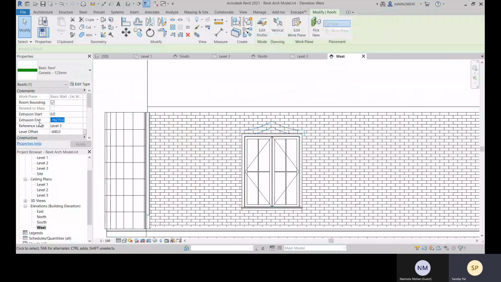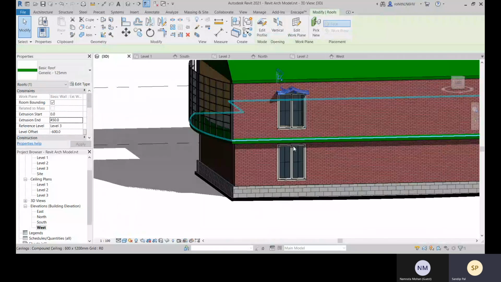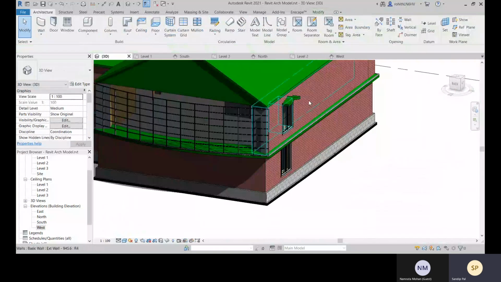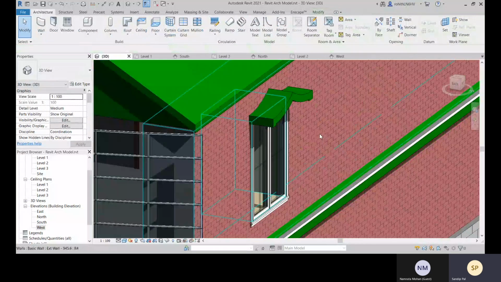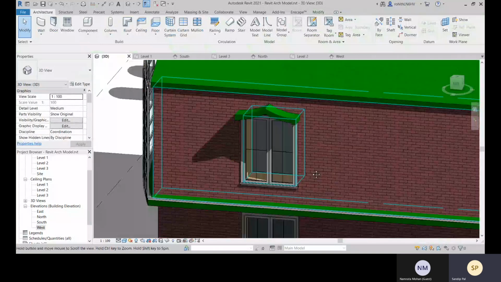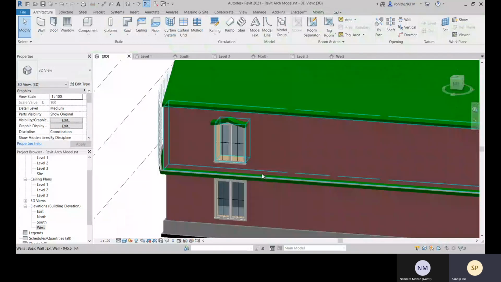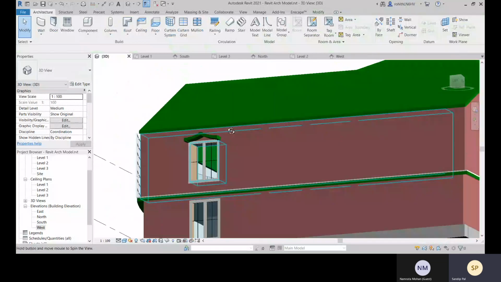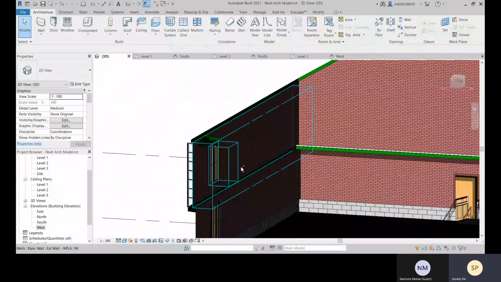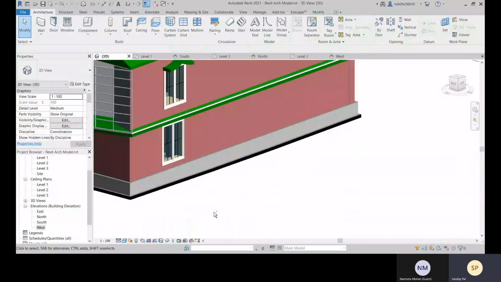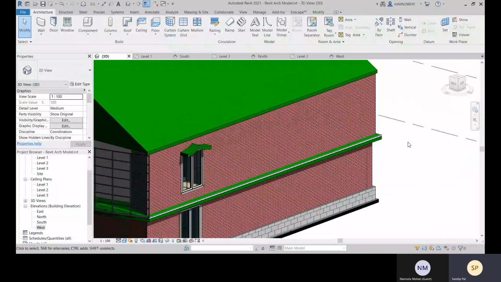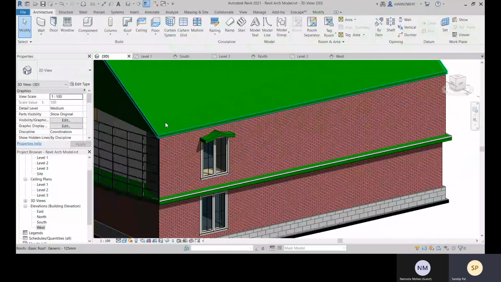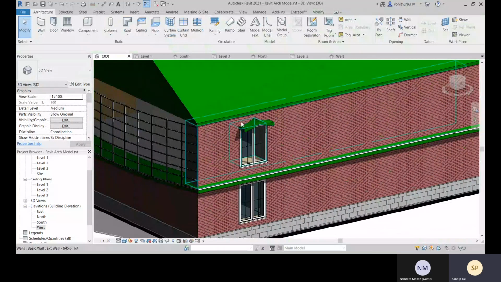Okay, so how much we need? 450 we need. And let's come to 3D, and there you can see this has been created. Okay, so I think I was having the problem because of this level 2. So set it in level 3, and then